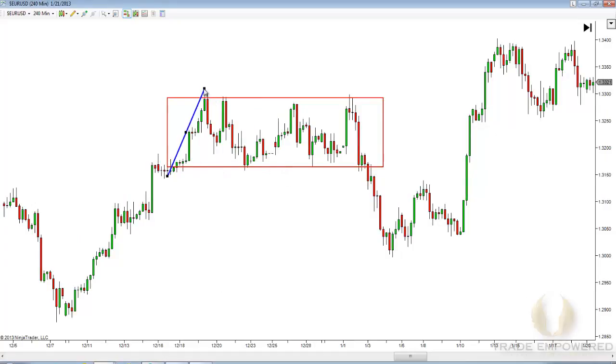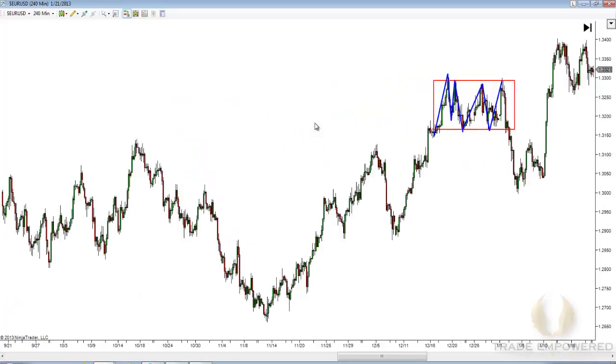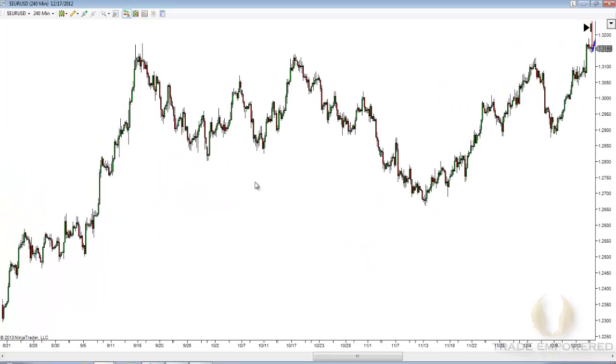We have our initial structure high here, then we have an outside return. Then we push up to try and make a new structure high, but we never get that higher high, higher close. So this level holds. And then we come back down and we get a new structure low. Then we follow that up just with sideways movements. And you'll see this happen when the trend runs out of steam. You can see it